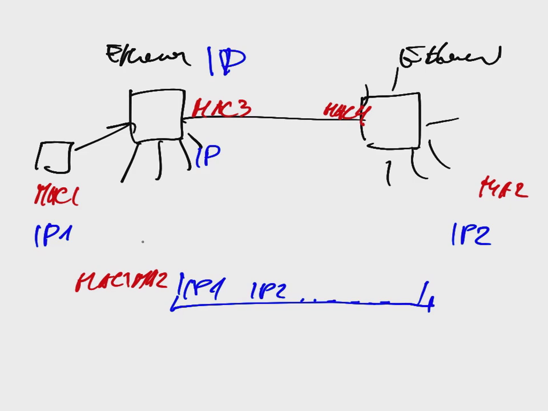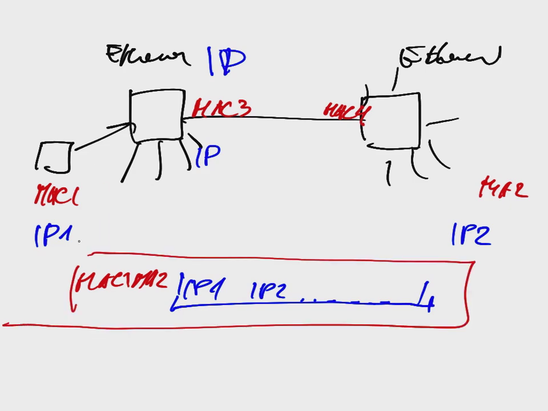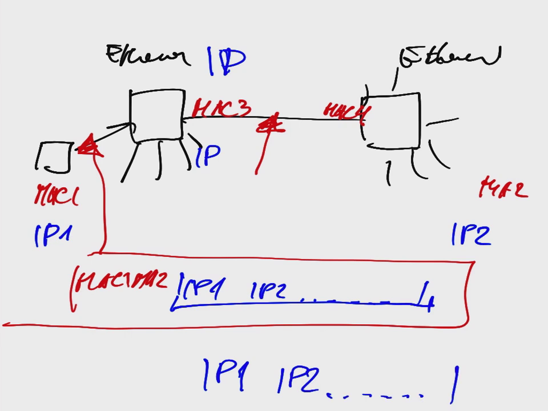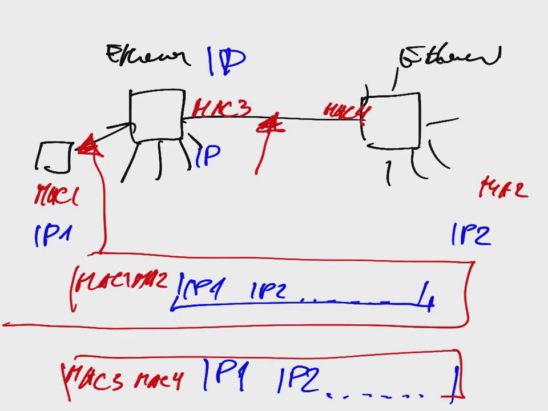So here is this Ethernet frame sent through this cable, but in this cable the data about Internet Protocol is the same. It says it sends from IP1 to IP2, and so on. But about the Ethernet frame, it says no, the source MAC address is MAC address 3 and the target address is MAC address 4. So that Ethernet frame is sent here. So this is the first and this is the second.